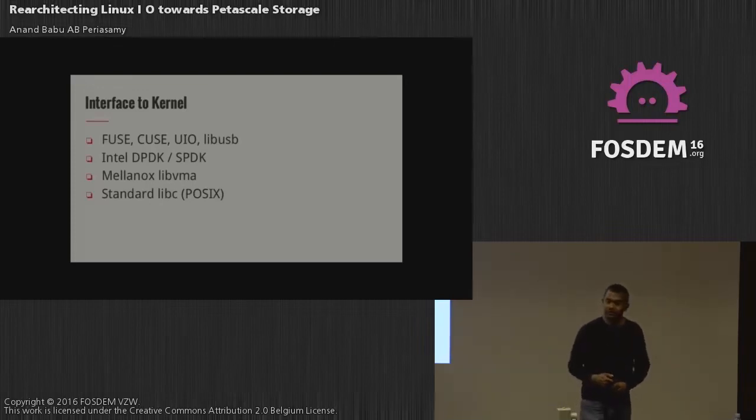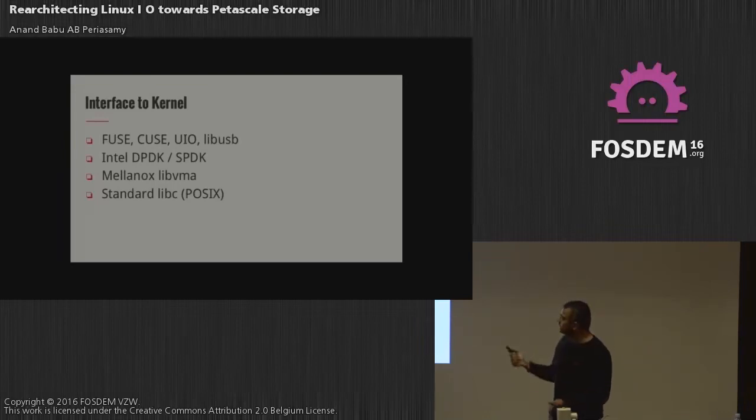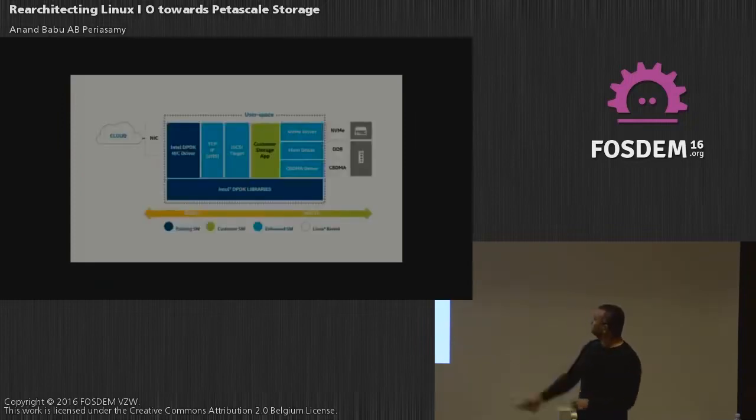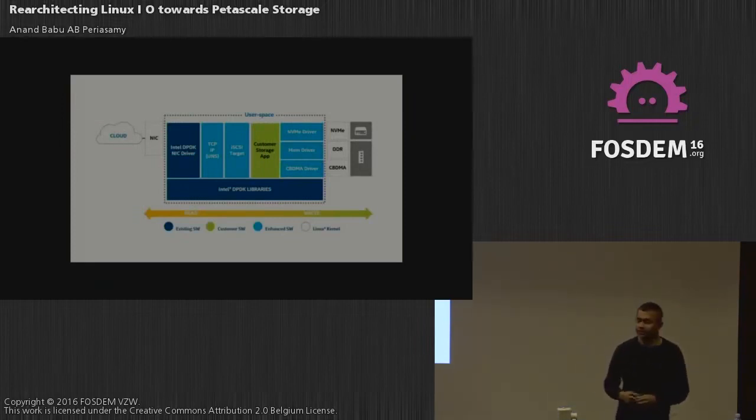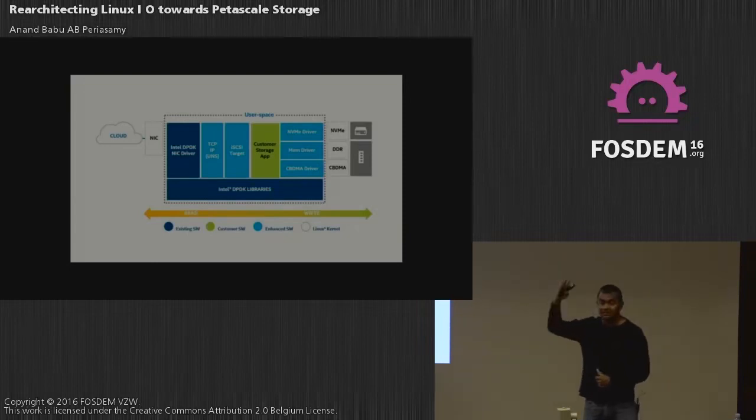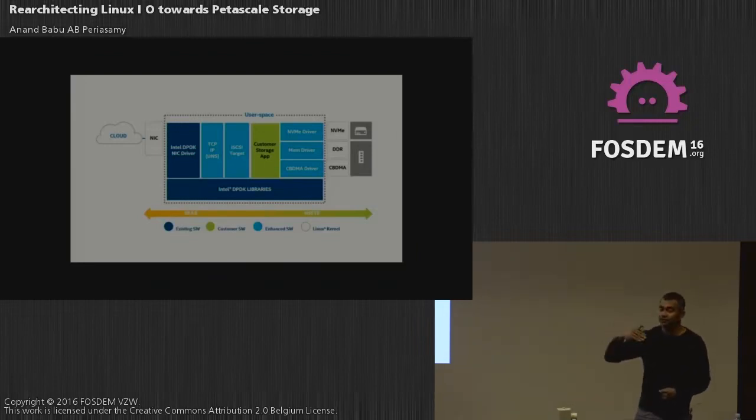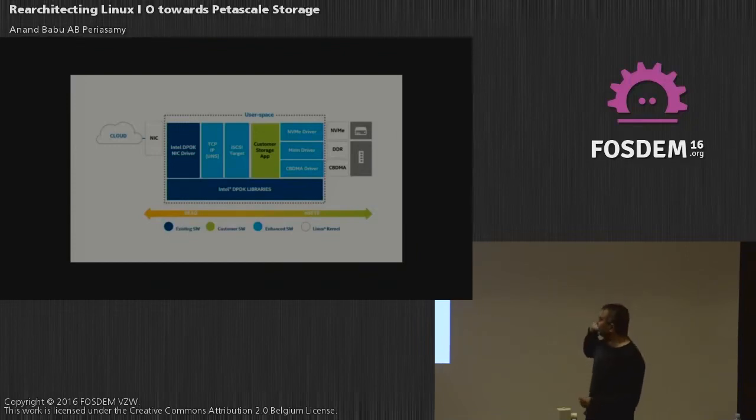DPDK and SPDK is actually an interesting one. Let me go to the next slide. It's not very clear, but I'll explain what it is. Intel released this as a kit, the SPDK kit. If you notice, it has a DPDK interface and a NIC driver, so from user space you can dequeue the packets. You have TCP/IP, you have user space iSCSI, and even the newer ones that are coming on board